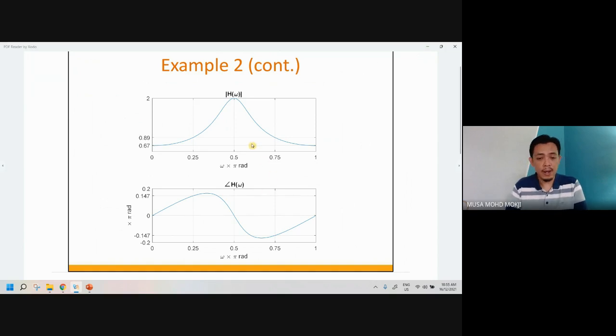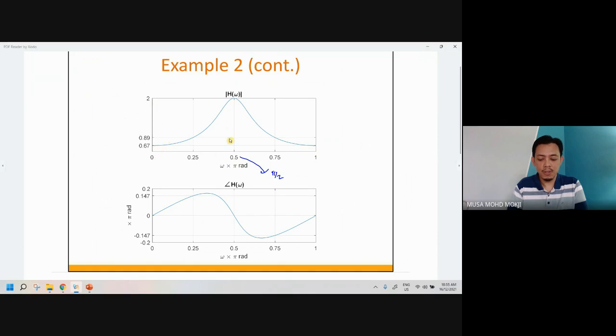If we use MATLAB, I think this is maybe around 1,000 samples. What we calculated is just 4 or 5 samples only. Maybe this is all for 1,000 samples, 1,000 points. So this is where we can plot it very smoothly. This is 0.5 pi, pi over 2. So this is equivalent to pi over 2, so it equals 2. This is the one that we have just now.